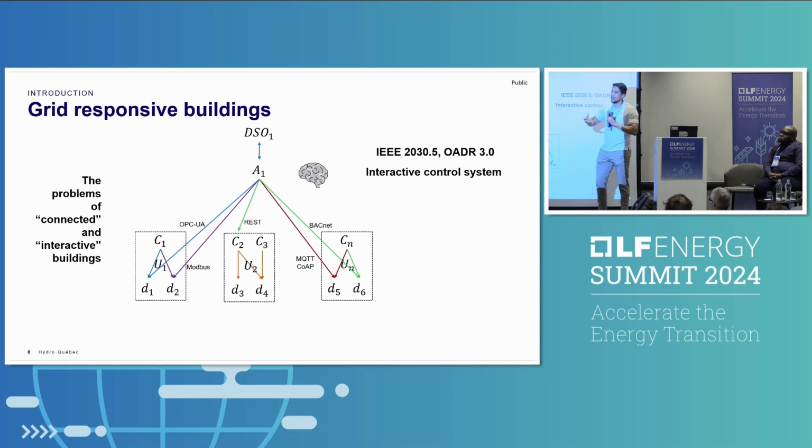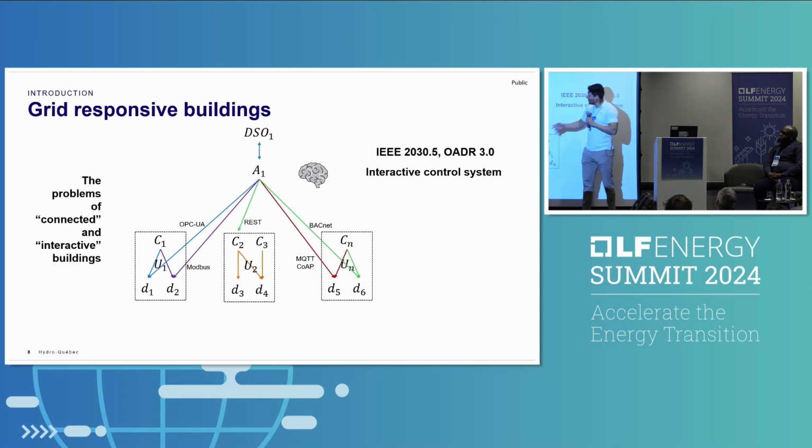When I talk about the brain, I'm talking about the intelligence that is going to make decisions and coordinate the assets. So you will deploy the brain on the aggregator, and what usually happens is either the aggregator talks to the controller because they are compatible, or they talk directly to the devices, either because the aggregator owns the devices, as I said first, or because they make some integration with existing devices. So that's the way it's working now.